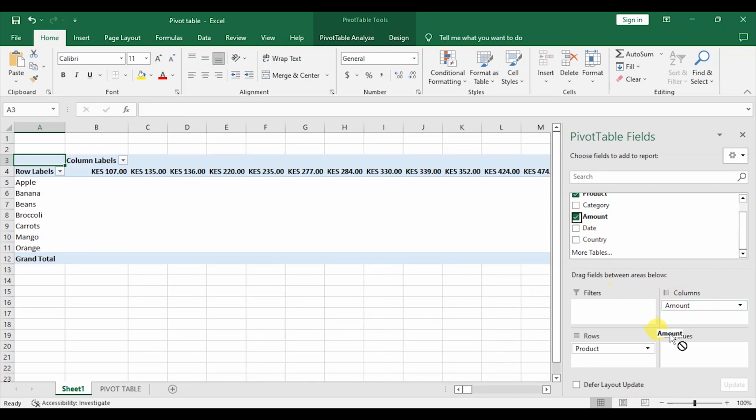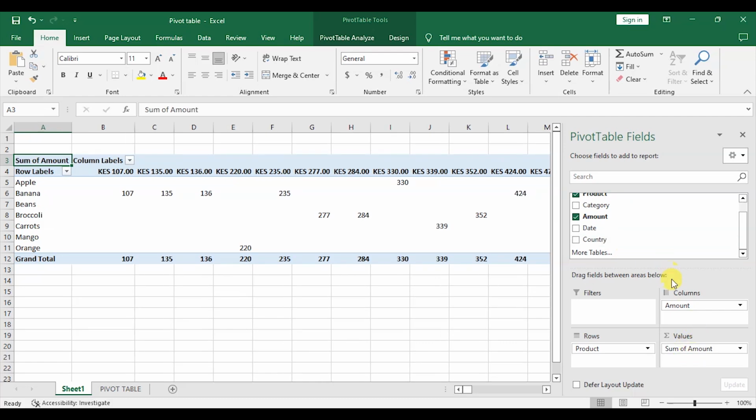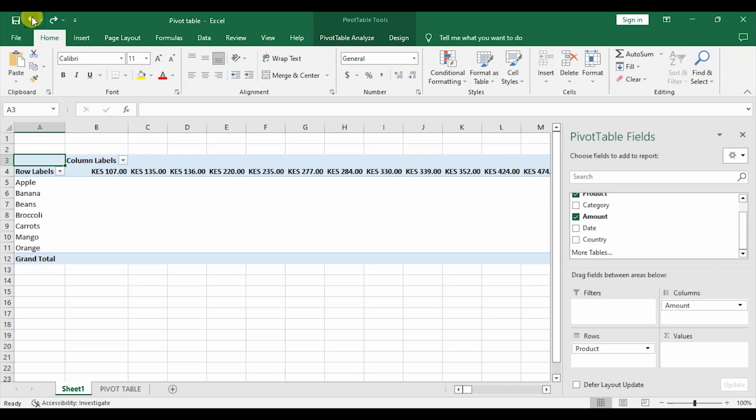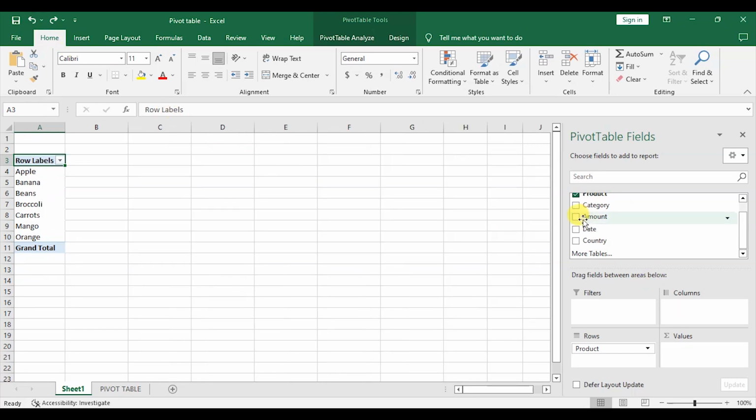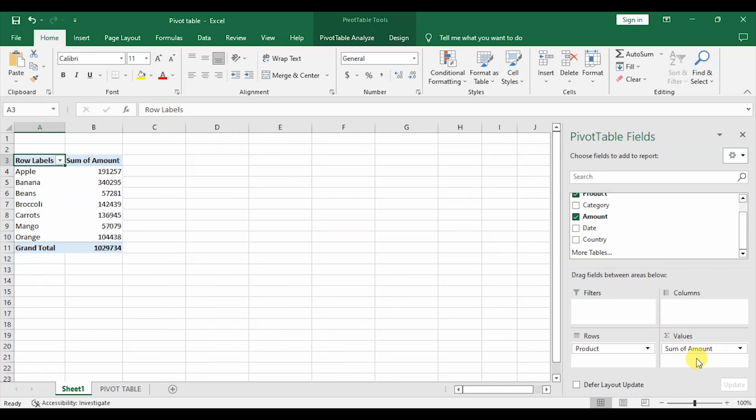So amount to values, and that is what you will see there. I want to remove the other one and take amount to values, and you come up with that. So this becomes very easy, and actually within seconds you can be able to see that